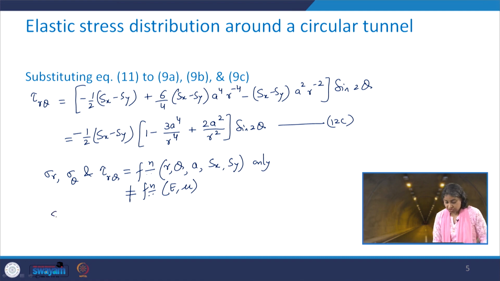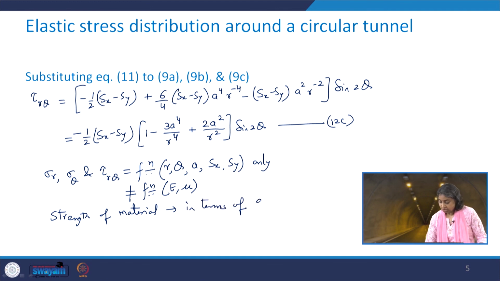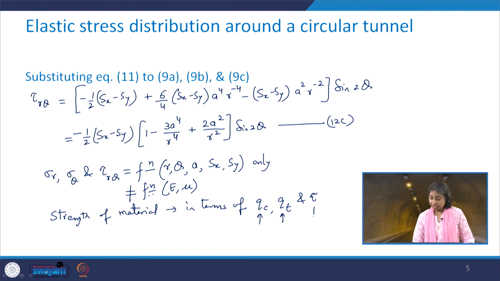So, the strength of the material is defined in terms of QC, QT and tau. So, this QC is UCS, QT is the tensile strength and tau is the shear strength. So, how these really affect, if it is not showing mathematically in the expression of sigma r, sigma theta and